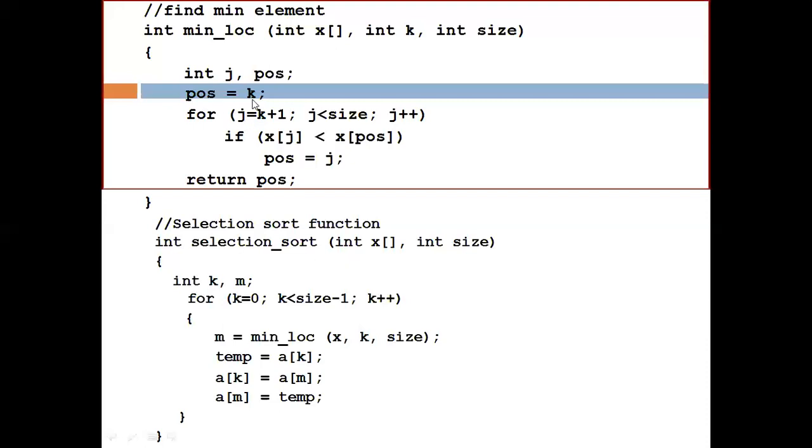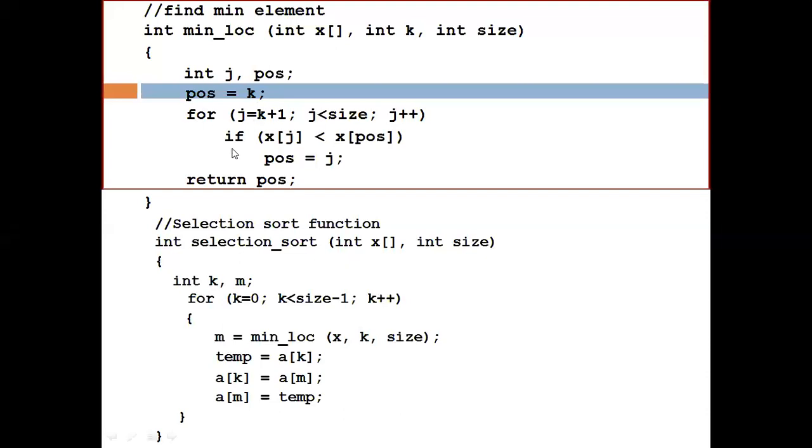So from this k, now we compare k plus 1, then k plus 2, and so on. So j is equal to k plus 1, to j less than size. Why j less than size? Because the last element is at size minus 1.